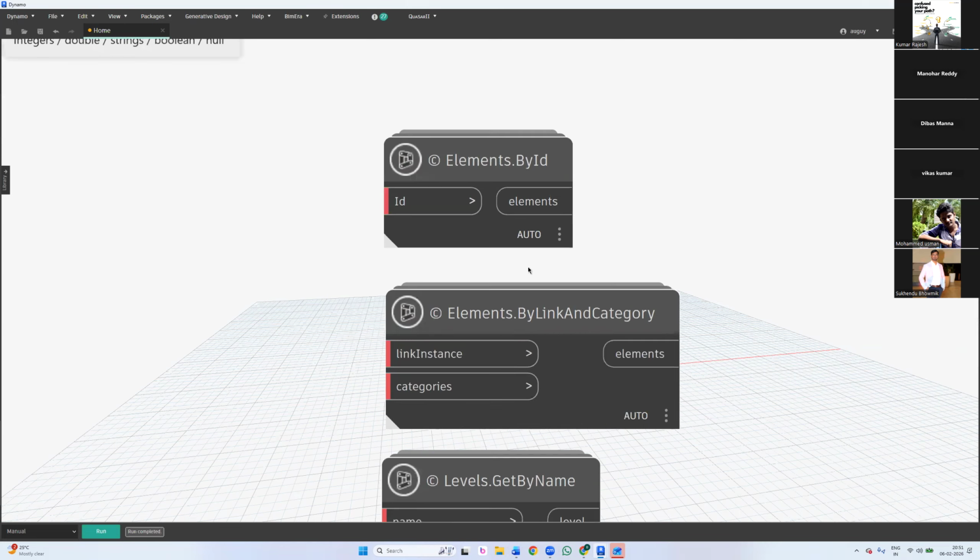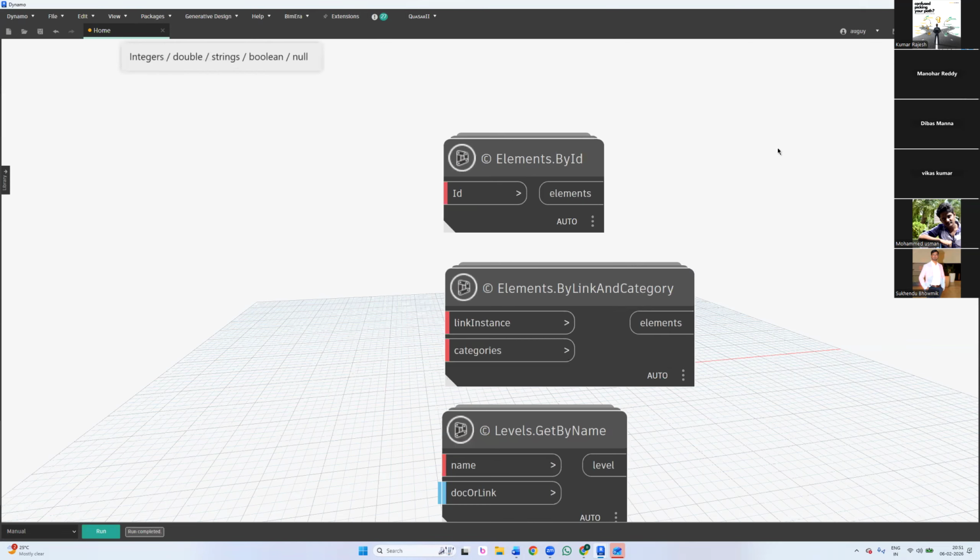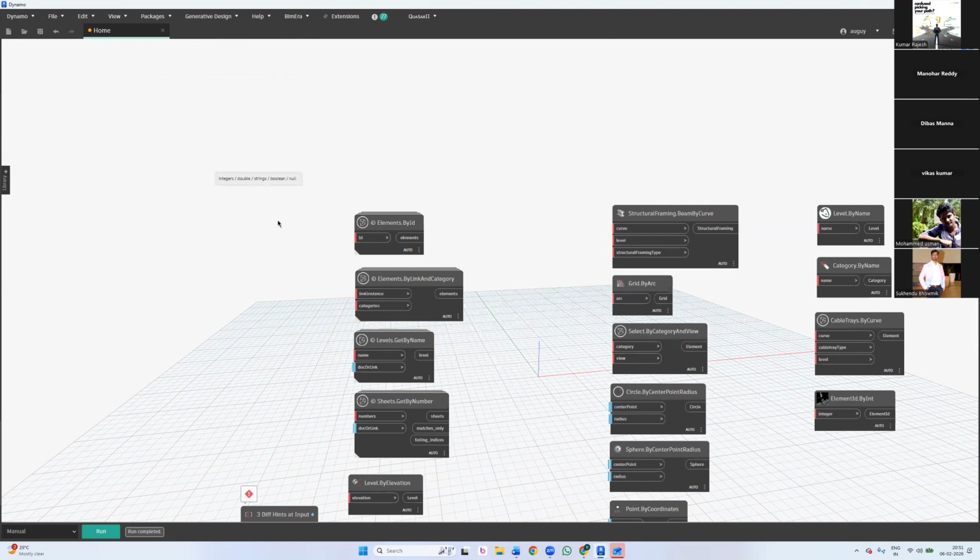Now, Elements by ID. Not only for that, there are plenty of things. I'll explain one by one. Okay, Elements dot by ID. So when I hover the cursor on it, see the first one. If you notice it clearly,